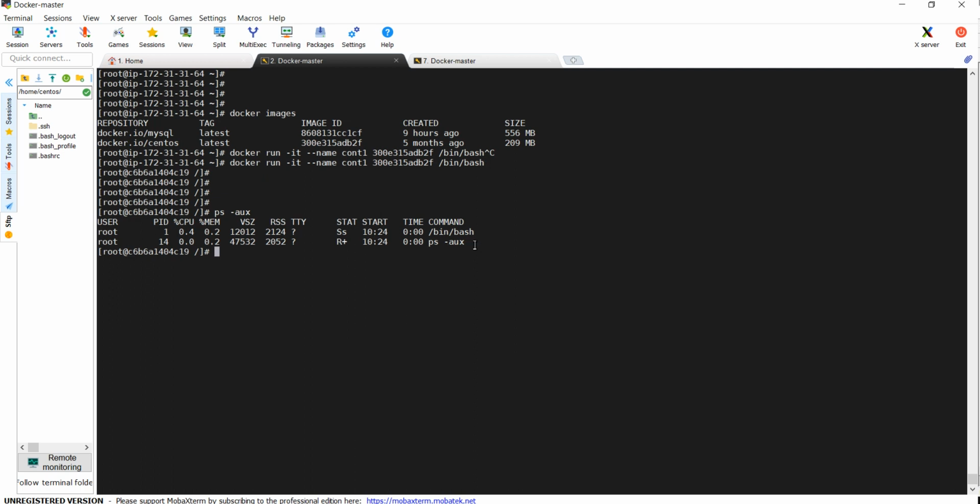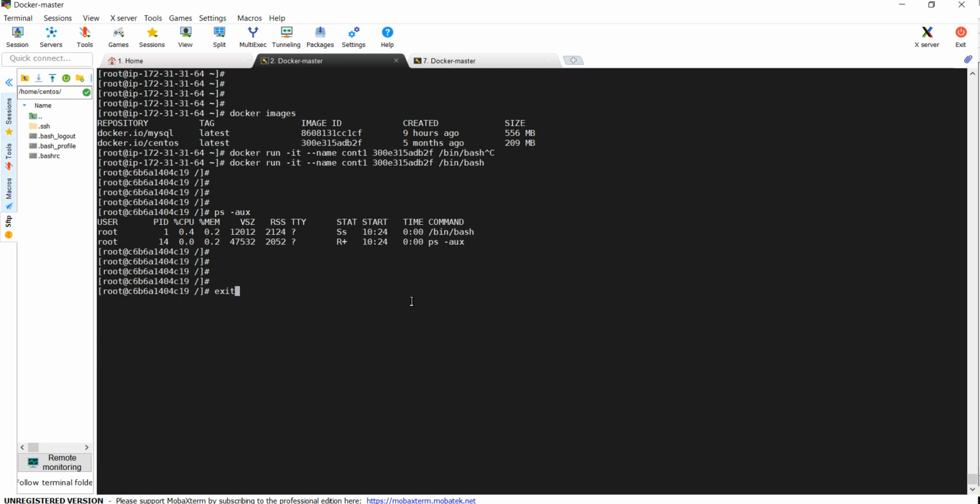I am repeating again. The CentOS image which we used to create our container was a very basic, raw image. It was not having any daemon process running, so we need to specify something to keep the container alive. We specified bin bash, so a shell process runs whenever I log in to the container. A container is a process, so if a process is not doing anything, it will die. For a container launched using a very base image, we need to specify the bin bash shell.